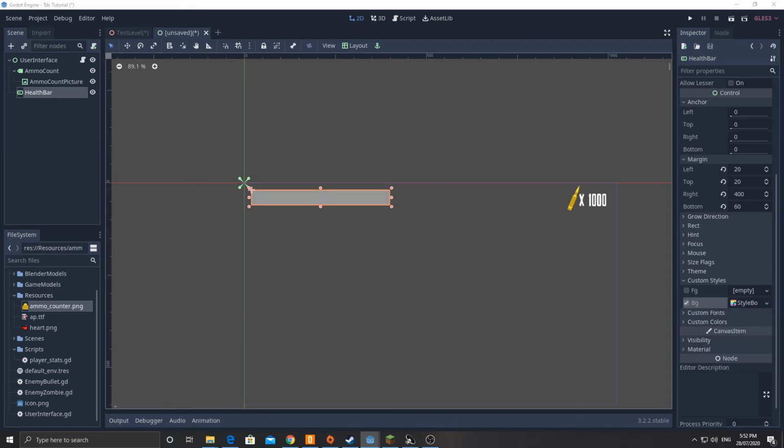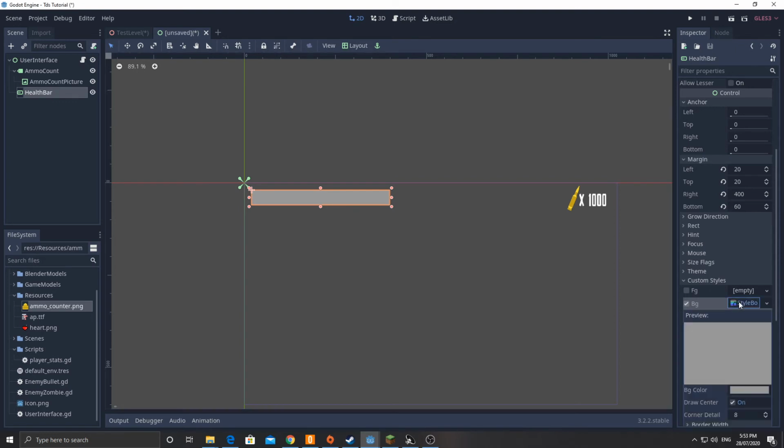I think that's what we want. Oops, I'm just looking at my previous one, which I can't quite see what it is. Yeah, it is style box flat. Cool. So style box flat, and the settings for this, I'm going to set the background color by clicking on